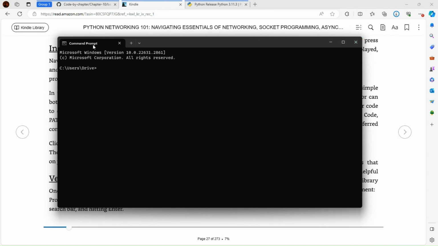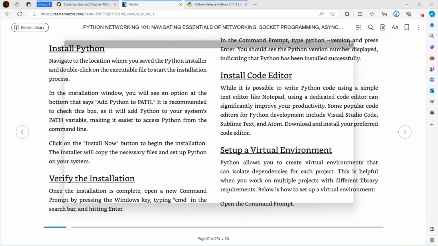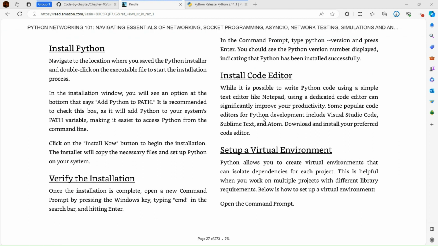If you don't know how to do it, Google it, and Google will step you through the process of how to find and open your command prompt. So that's how you would troubleshoot that. Okay, Google has a lot of answers to basic, easy things. Okay, once you've done that,